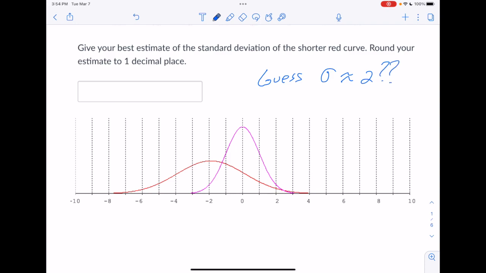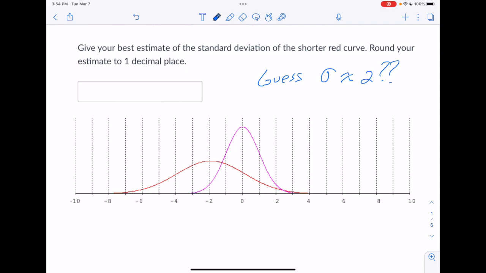But you only get one shot at this, so having only a guess to go by isn't ideal. So I want to show you how you can use more of an algebraic method to get at it. And while we're at it, we'll be answering the previous question, which is how do you estimate the mean of one of these. So looking at the red curve, we want to first figure out where the peak is,